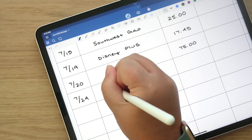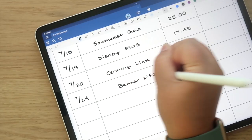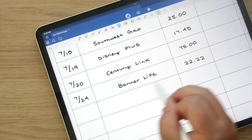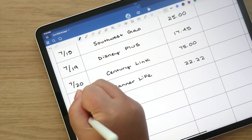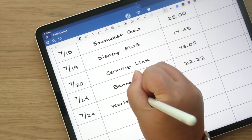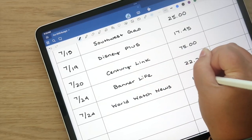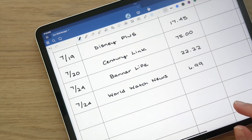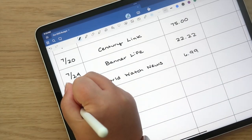Okay, and then we have Banner Life Insurance, which is my life insurance, and that's $22.22. We've had that forever. And then we have World Watch News, which I do have back because it's just a really fun part of our homeschool day. We are watching it during lunchtime together. It just helps us all stay up on current events, including myself, because I don't really watch anything else, to be honest. And then we have T-Mobile,